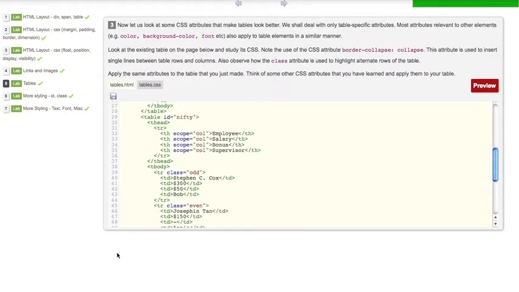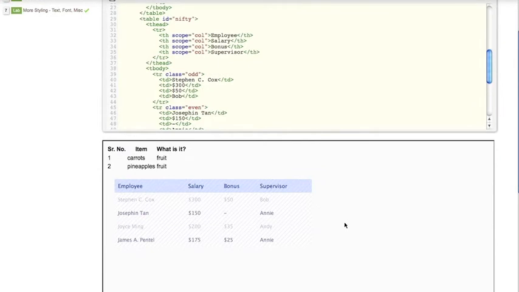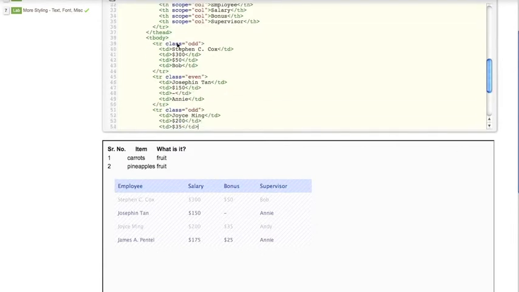As we saw, the existing table has an attractive look and feel, right? So how have we created a table like this? Now let's look at the HTML file and the CSS file to figure out how we managed to do this. Look at the existing table here. Note that every row has a class assigned to it. The first row has a class named odd, the second row has a class named even, the third row has a class named odd again, so on and so forth. So we are alternating between even and odd.